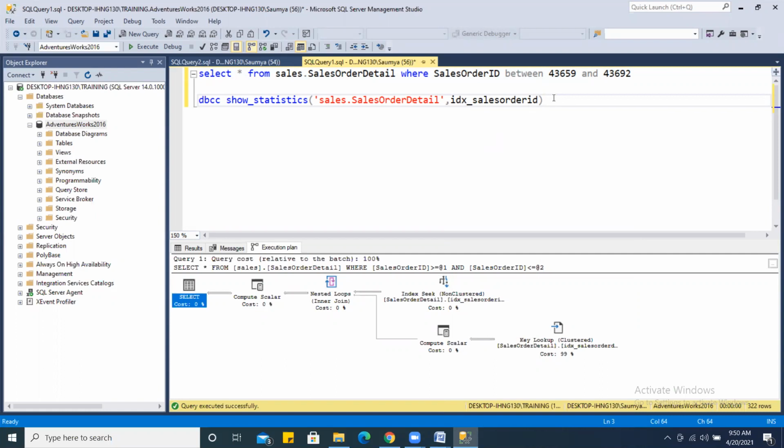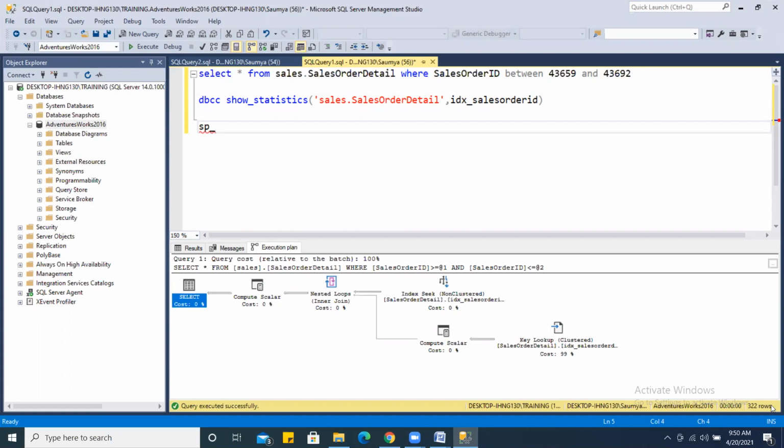If you execute sp_updatestats, it will update all the statistics that exist in all tables, of all indexes.